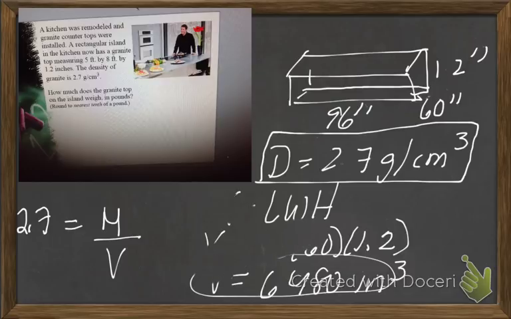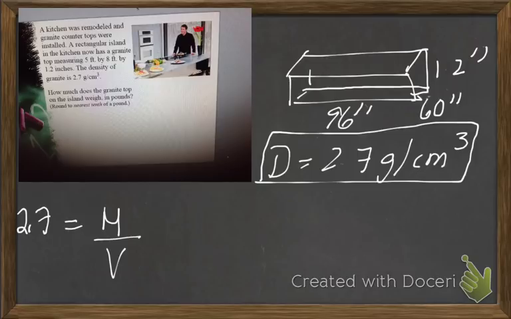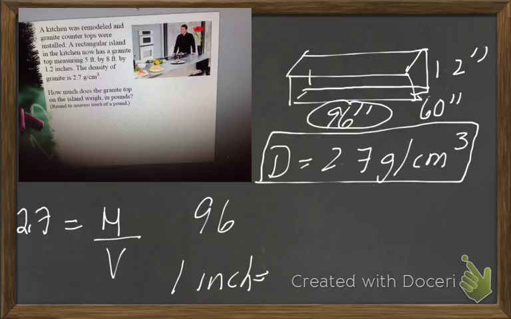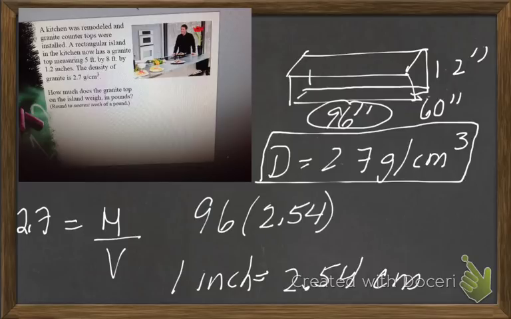I know you're thinking, why didn't you just do this to begin with? Because I want you to see all the kind of mistakes that students make all the time. Okay, so for example, you have 96 inches. I want to turn it into centimeters. There is a reference sheet that you're going to be getting, and on that reference sheet, it's going to say that 1 inch equals 2.54 centimeters. So we have to take 96 inches and multiply it by 2.54 in order to get how many centimeters there are.